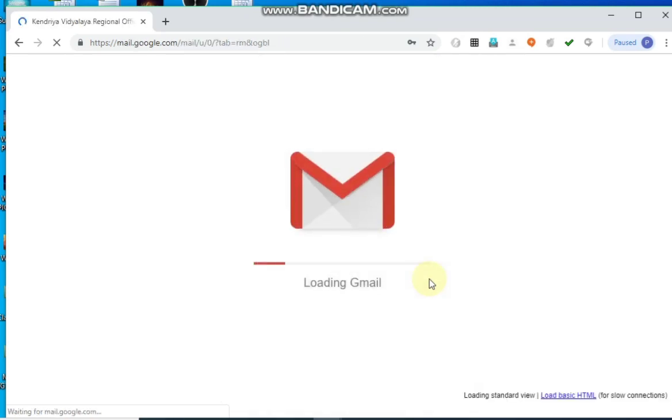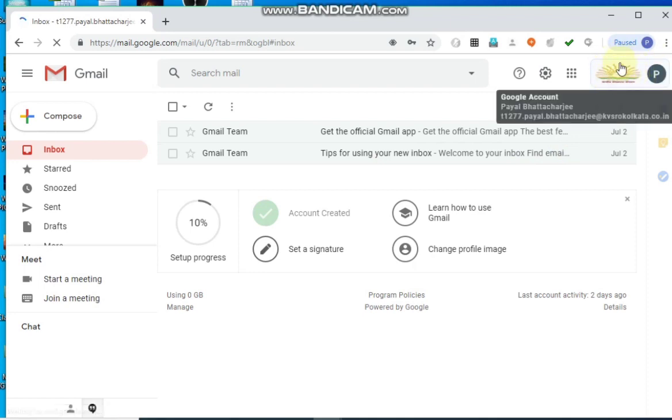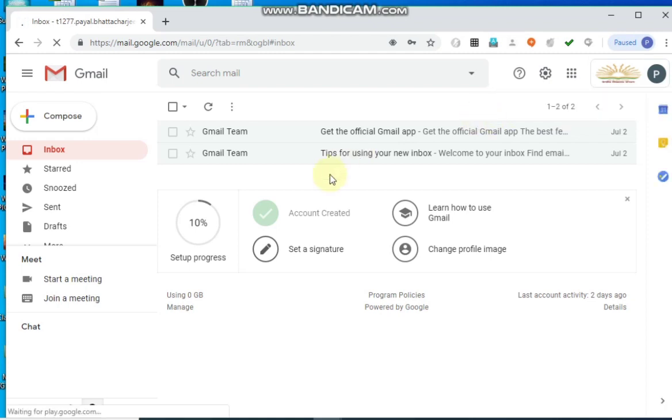Yes, what you will get is you have logged on to your G Suite account. See, this is the Kendriya Vidyalaya Sangathan logo, and my ID is here, and this is the inbox which you can see. Now what we will do is,